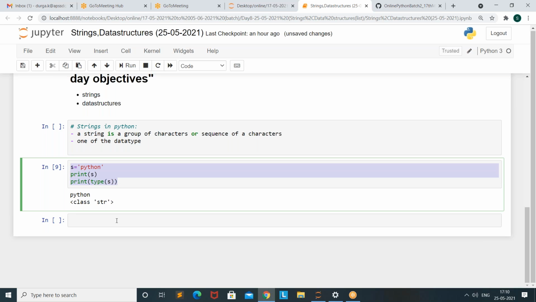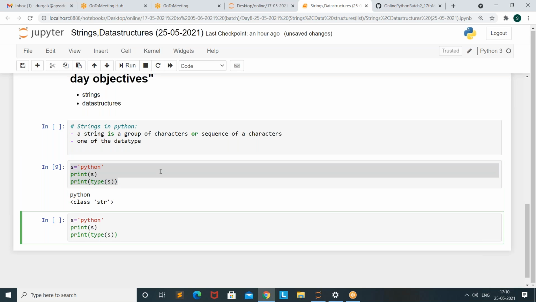So we can write a string in single quotes or double quotes or triple quotes also. First of all, I'm taking the single quotes here. Next, I will take double quotes also. There is no difference between single or double quotes. Mostly we prefer only single quotes and double quotes.